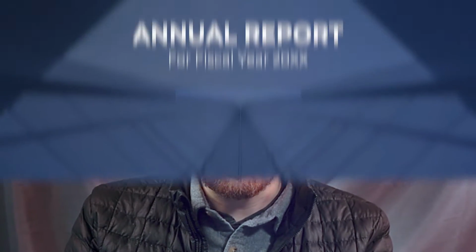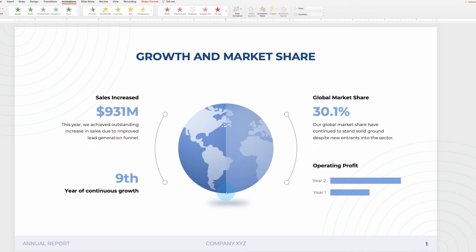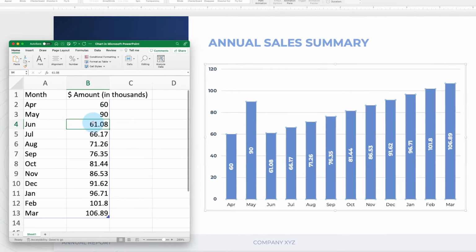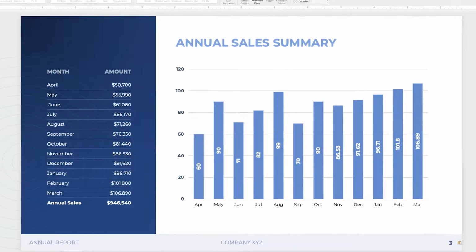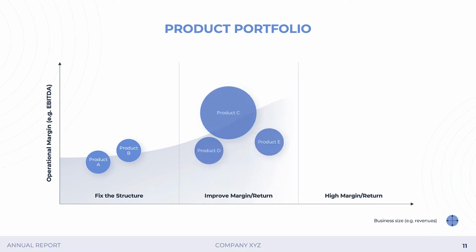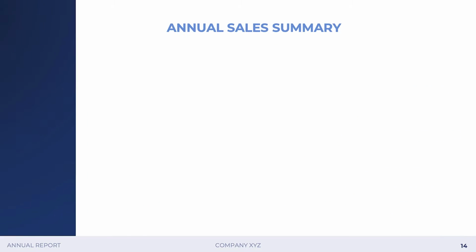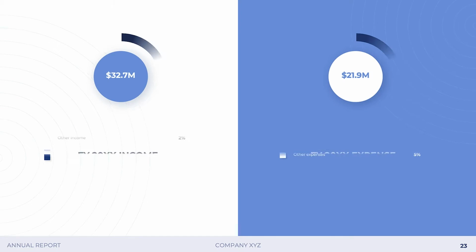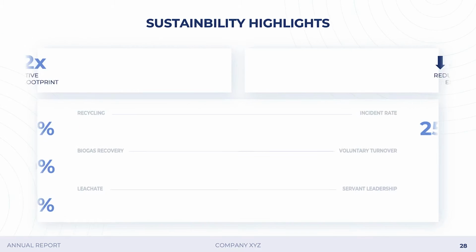Need to showcase your achievements over the past year? Our annual report collection provides customizable resource slides that you can download for any business need. It includes slides for growth and market share, product portfolio, revenue breakdown, sales summary, income versus expenses, sustainability highlights, and many more. Let's review how these tools work and how each one will make the design of an annual report